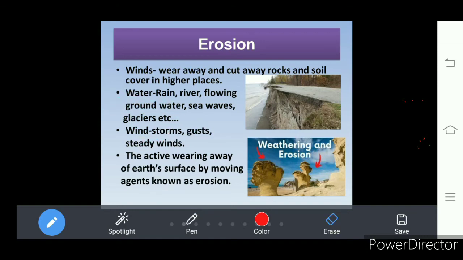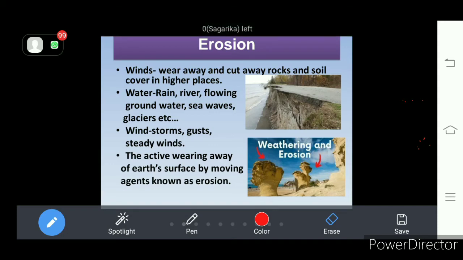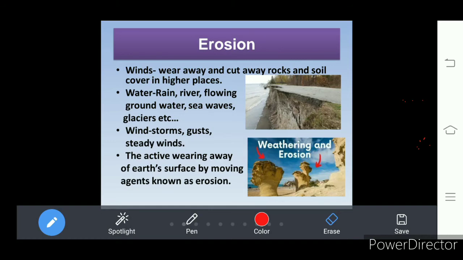When I say wind and water, you should understand wind in the form of storms, gusts and steady winds, and water in the form of rainwater, river water, groundwater, sea water, sea waves, then glaciers. So in all these forms, water and wind